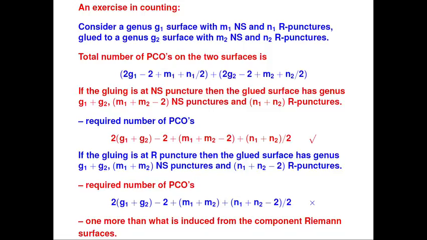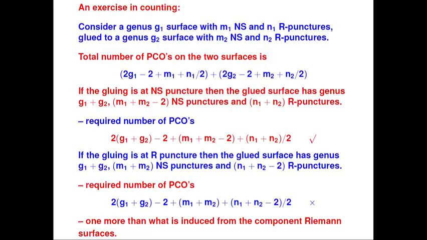And we can again calculate the required number of picture changing operators, and this is what we get: 2 G1 plus G2 minus 2, then M1 plus M2 because you have this many NS punctures, and half of the number of Ramond punctures, which is this one. This, however, is not the same as this. You can easily verify that this is one more than this one, which means that when the gluing is done at a Ramond puncture, we need an additional picture changing operator